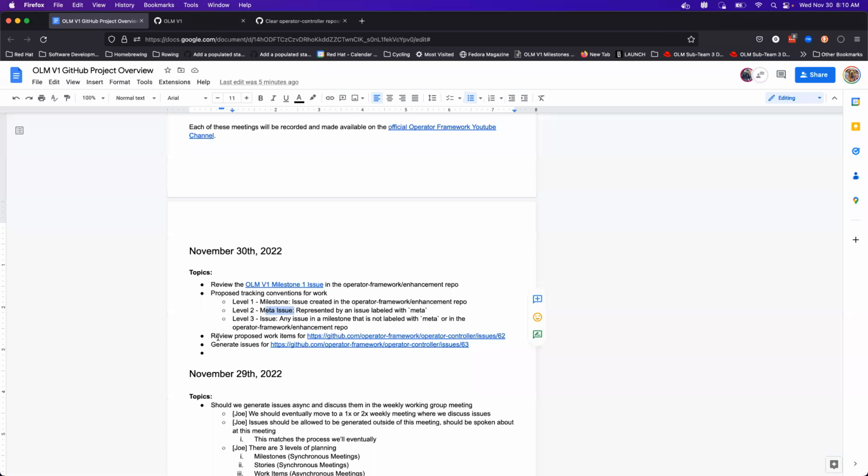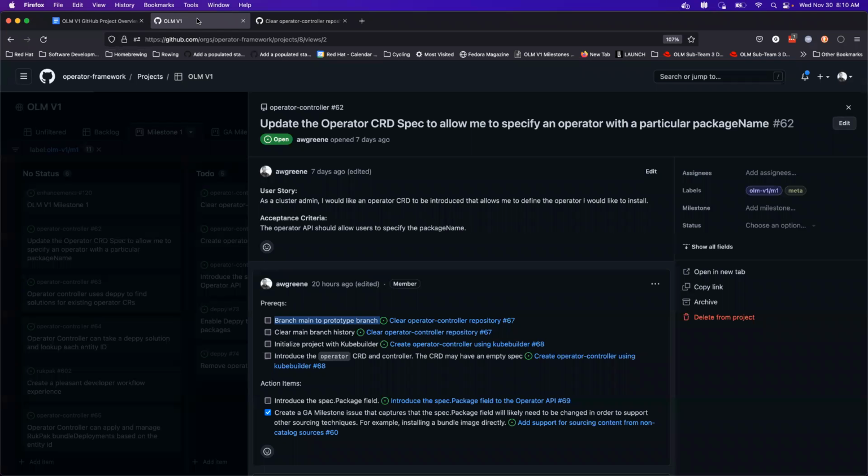So we're actually going to jump into looking at how we broke down this story, because we did that asynchronously outside of this meeting, and we just needed to convey what we think we should do and allow the community to add any extra steps they'd like to see as we update the operator CRD spec to allow you to specify a package name. So like we mentioned earlier, we thought the existing branch for the operator controller was pretty